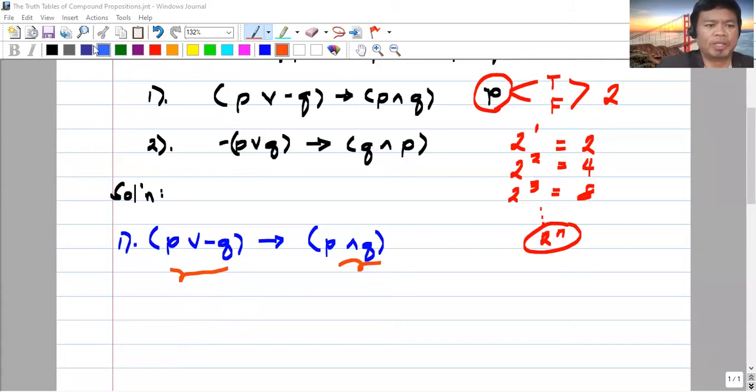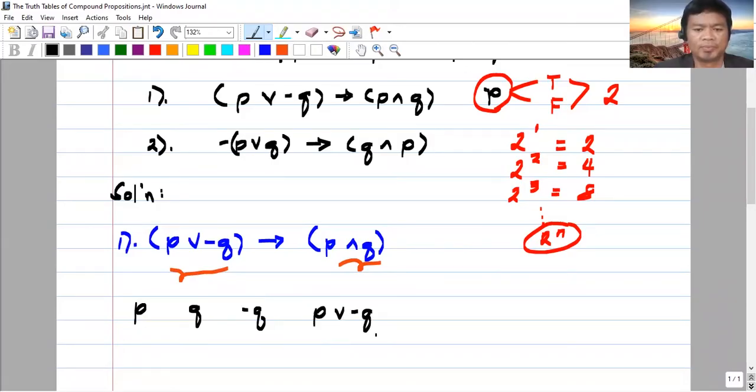So the arrangement would be, we have P and we have Q, and of course we have our not Q here because we need that in determining the truth value of this first expression. After that, we have the first expression, which is P or not Q. And the other one is P and Q. And eventually, we have our final compound proposition, which is P or not Q implies